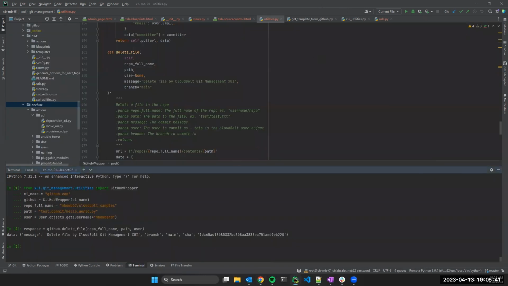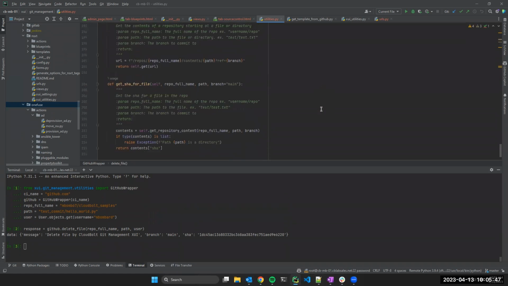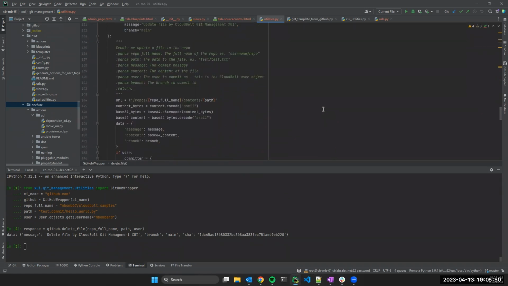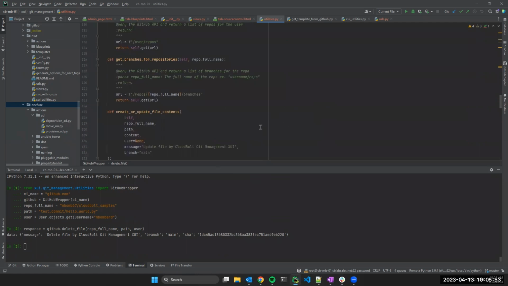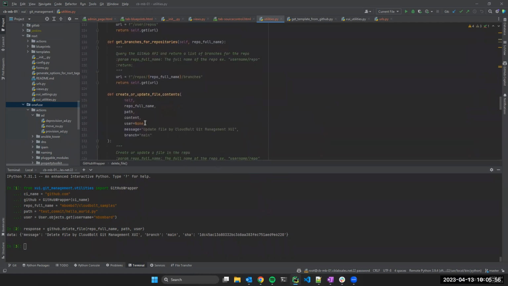Why don't we, I'm going to try and commit another one. We have most of our seed data already. The other thing we need, let's do update file contents. We also need content, which I didn't do yet. So content equals file content. And then I think that's all we need, right? We have our repo full name, path, content, user. We have all of the other data we need for this. So let's do response equals